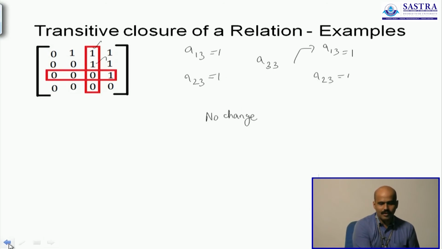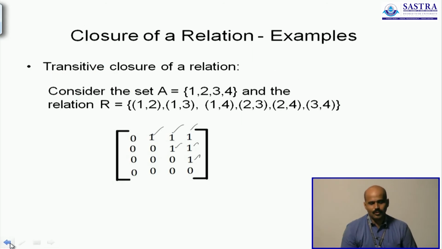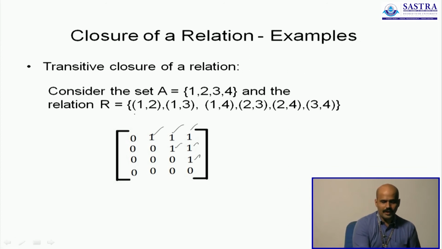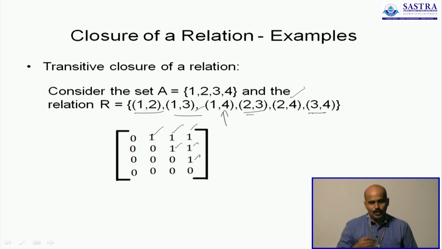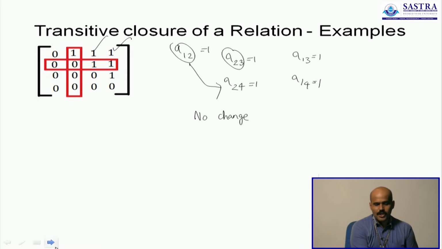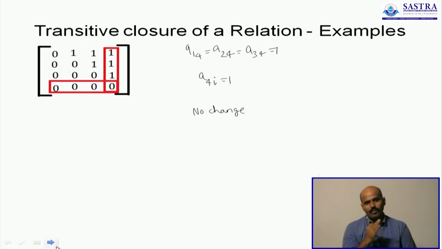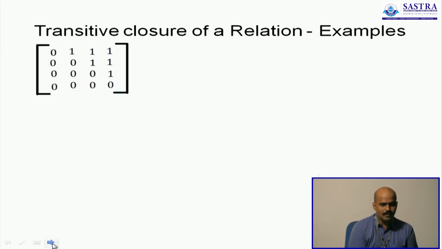So whatever you have is all that you can think of. You cannot proceed any more. You already have it as an ordered pair. 1 2 and 2 3 give you 1 4. 1 3 and 3 4 give you a 1 4. 2 3 and 3 4 give you a 2 4. It is already transitive, but you cannot improve this any further. That is what happens when you already have a transitive relation. Running it through Warshall's algorithm leaves it unchanged at the result of all 4 iterations that you are performing. So you get back the same matrix that you started with, and that is the transitive closure.